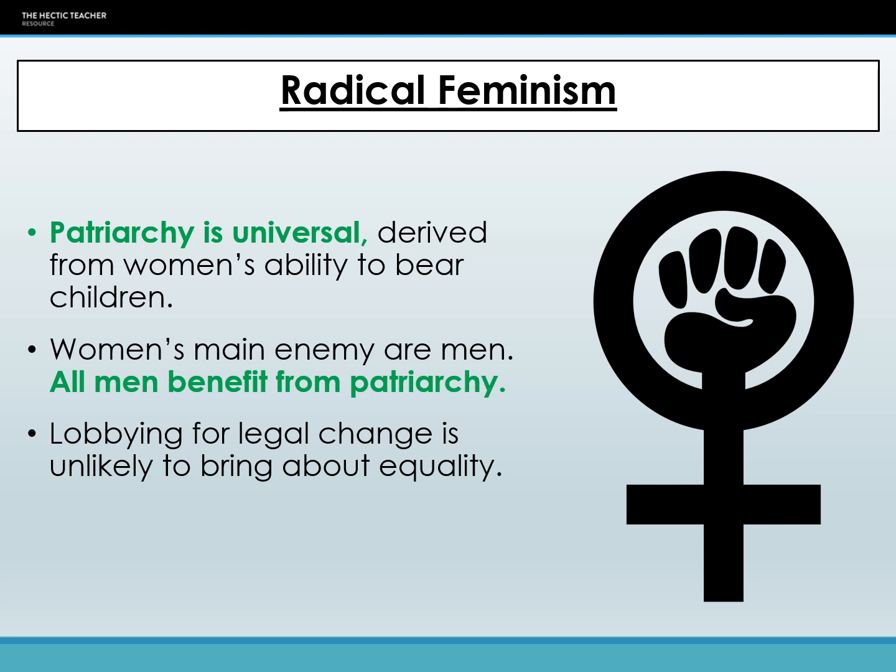These feminists, as I said, you could say these are the OG two groups, the liberals and the radicals. But the radicals believe that patriarchy is universal, and it comes from the fact that women have children, and by having children, it makes them vulnerable. Now, this is biologically true, that the last few weeks before giving birth and the first few weeks after giving birth, a woman is physically vulnerable. It is a huge toll on the body to carry and bear children, and women do need to be looked after in these periods of time.